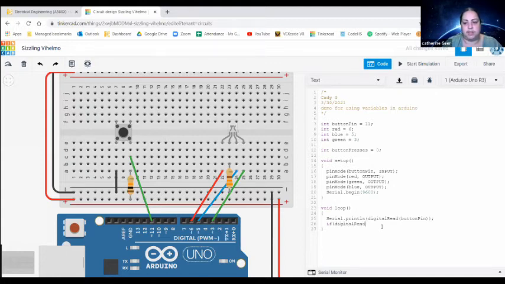That's digital read. And where do I want to digital read? On the button pin. And if it is a 0, that's how I know that it's been pressed, right? Okay. So if we remember from running the serial print, it's 1 when it's not being pressed, it's 0 when it is being pressed. This is how we check for a button press then. If digital read on the button pin, 2 equals